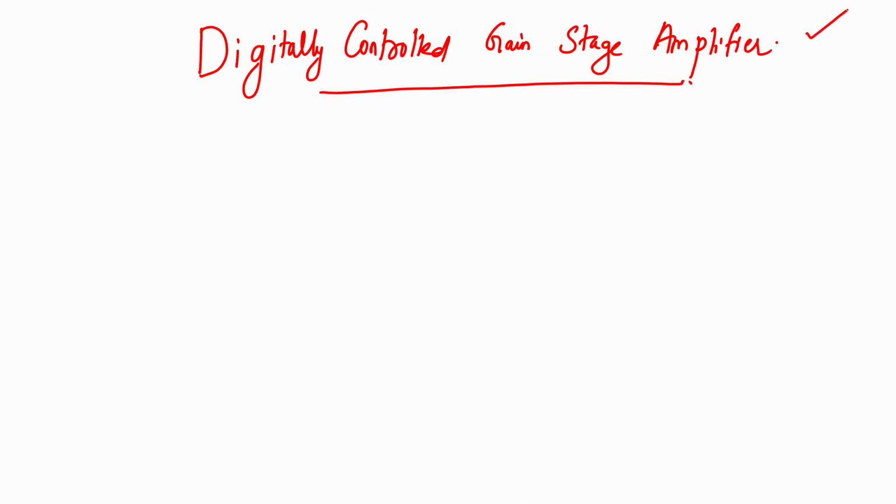We won't get into much theory about it, but like we have seen in our DAC module, we will see how we can intuitively design digitally controlled gain stage amplifiers. Intuitive design is what we want you to develop during the duration of this course. Because this is a more practical oriented course, at the end of it we expect that you are able to design a few basic systems on your own from the top of your mind without actually looking up the internet for circuits, which is what many of us do. So let us see. What we are trying to do is a digitally controlled gain stage amplifier.